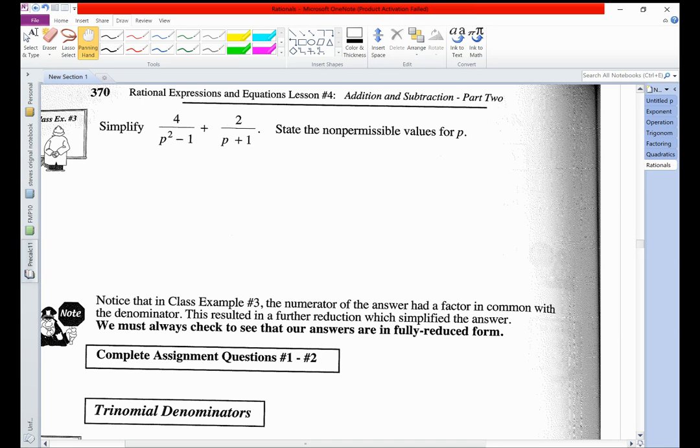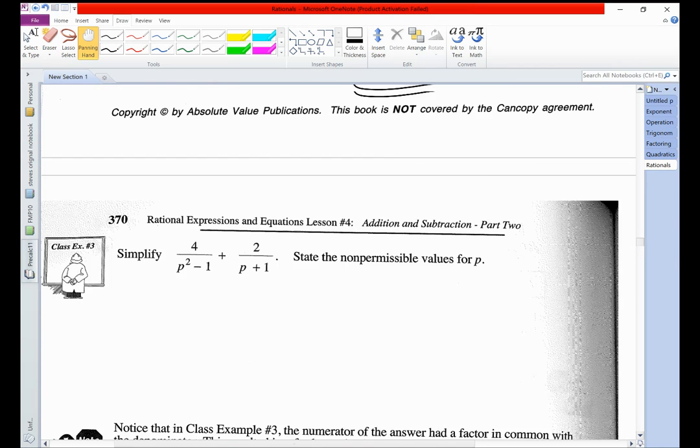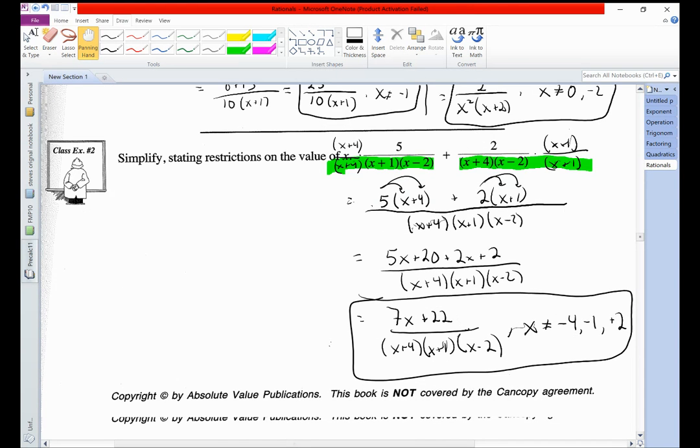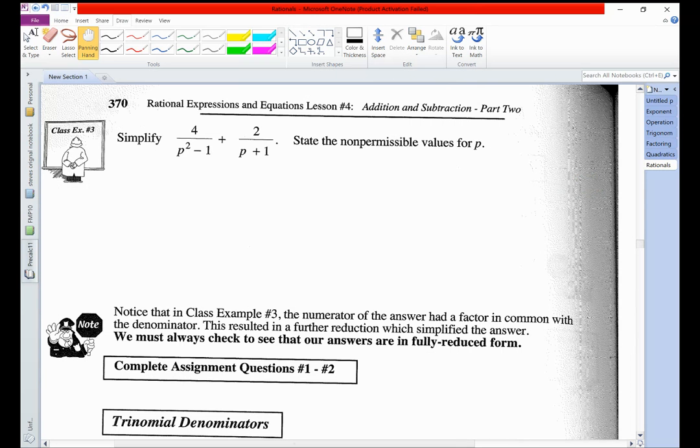So in that last question, sorry, I'm just going to scroll back. Our denominator was factored, so it was good to go. But we should always factor it before we start adding or subtracting. So in this case, we can actually factor the p squared minus 1. That's a difference of perfect squares. So we can write that as 4. And then we're going to split that into,